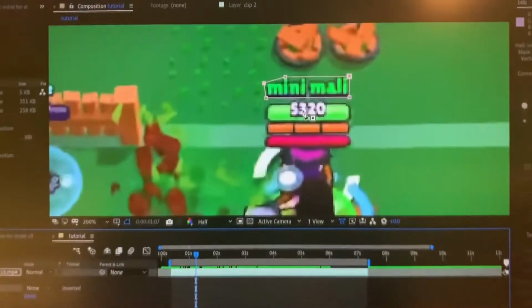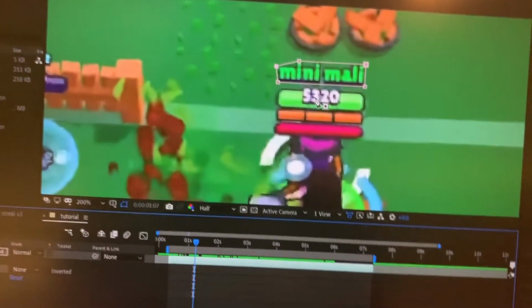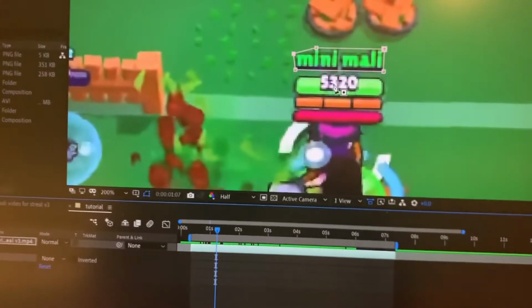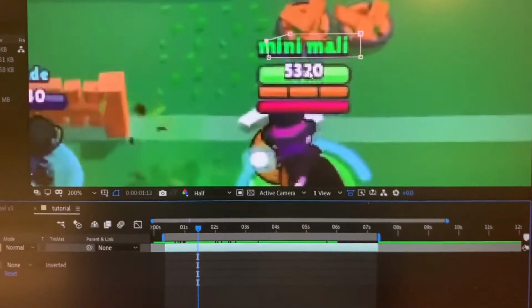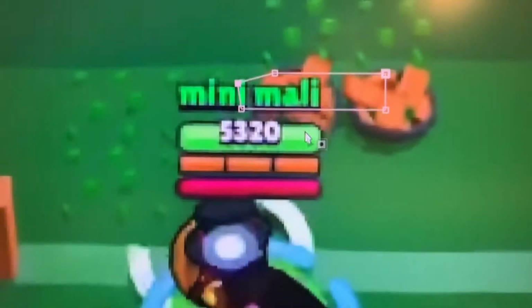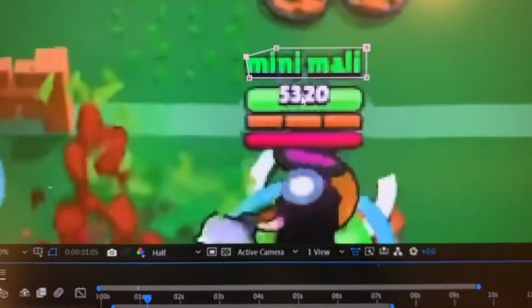it on every single frame, and this can get a little tedious. I used to do it all frame by frame by hand, but there's actually a mask tracker. You see, if I move forward frames, then the mask does not move with his name. So let's go back. So After Effects has a built-in tracker